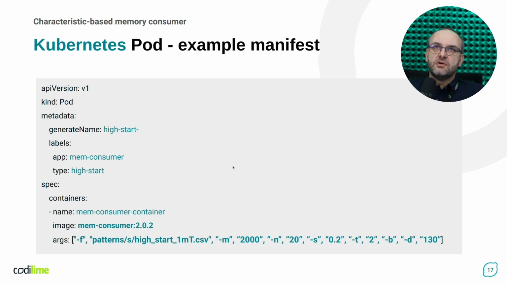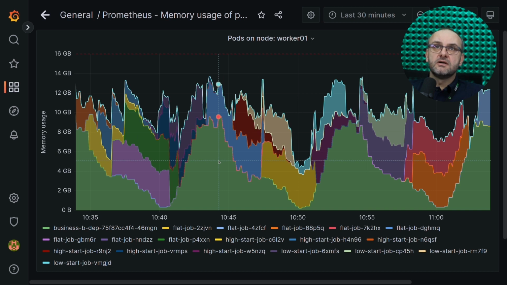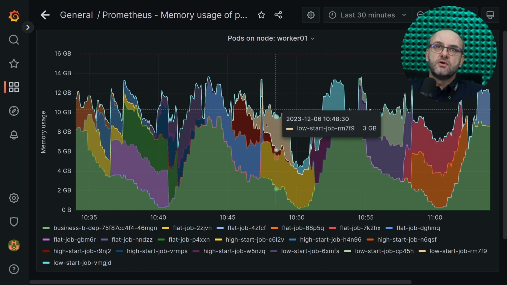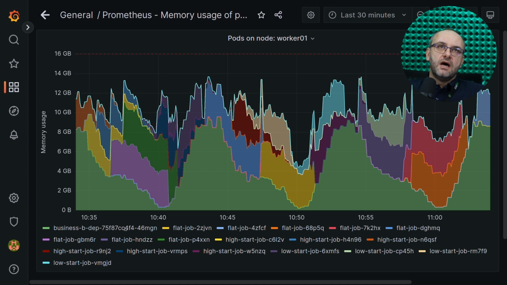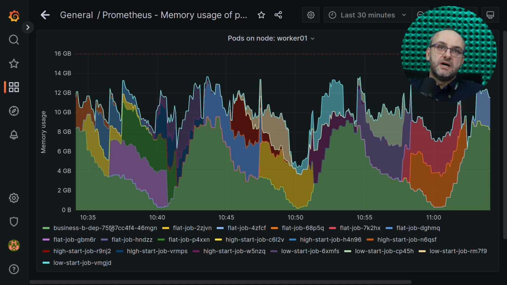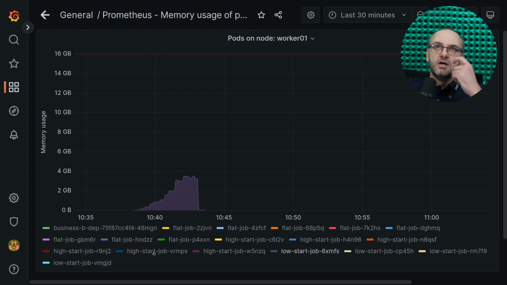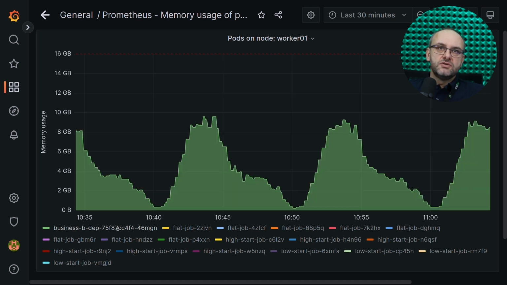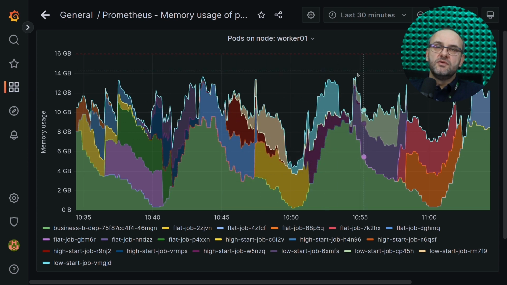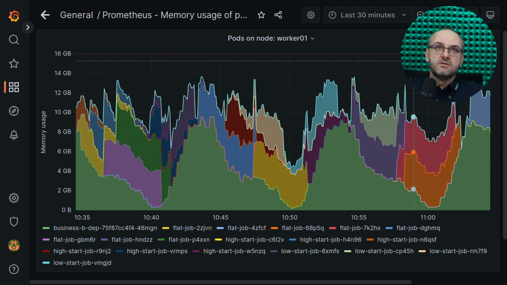And now I will switch to our real cluster. This is one node, one worker. When we run our program with different patterns, we could see how we load the whole cluster node in order to investigate some issues related to allocation of resources, eviction, and scheduling. So using this one tool, we are able to model various workloads and to provide some precise conditions for memory allocation in our cluster.